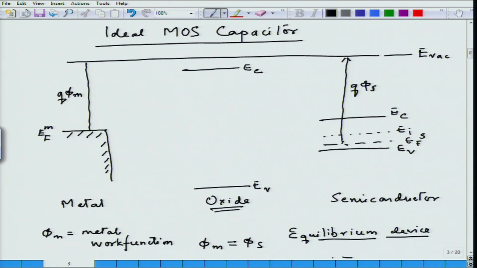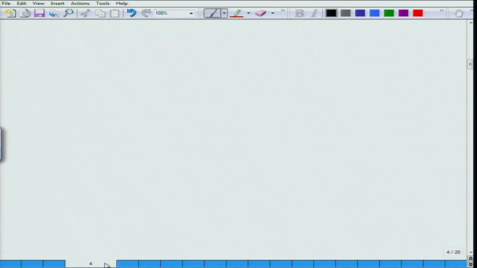If I do that, then I will plot the combined electronic structure of a MOS capacitor as the metal, the insulator in between, the Fermi level of the semiconductor, and since phi m is equal to phi s,